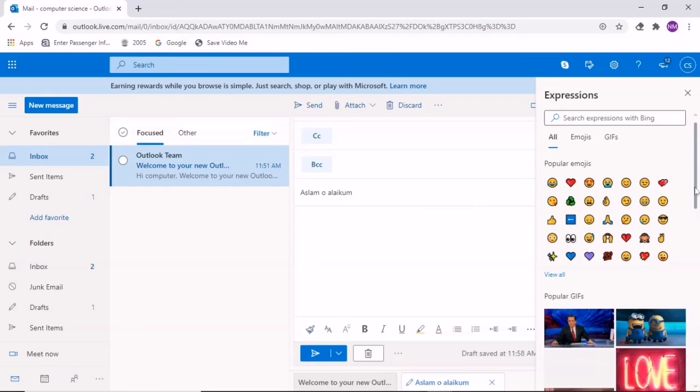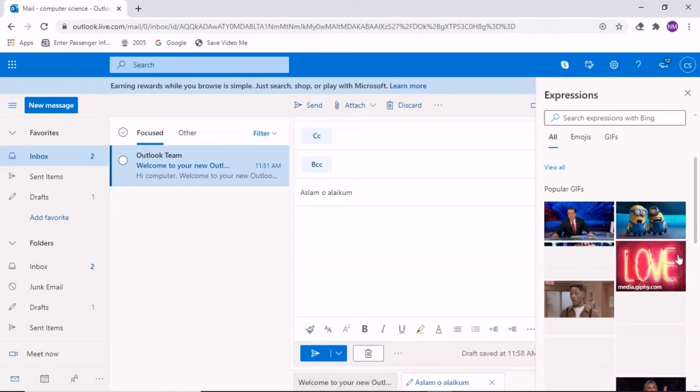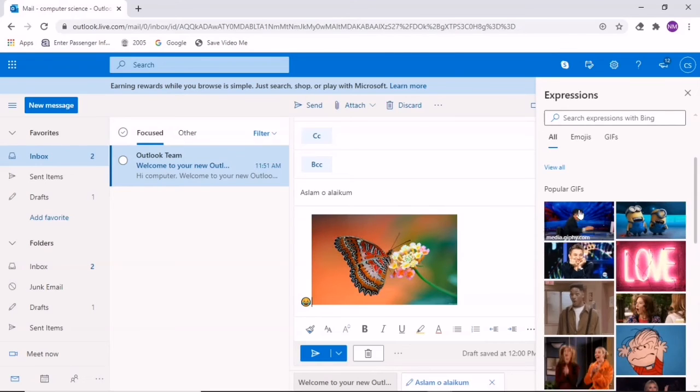You can see this one. Now you can see these emotions which you press, these are all coming here. So you can see the picture also appears and emotions also come here.